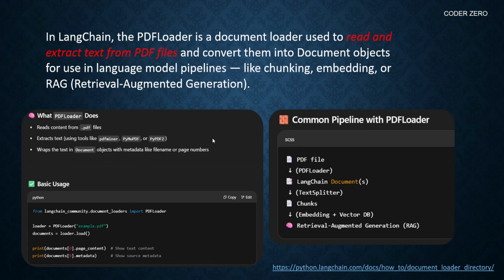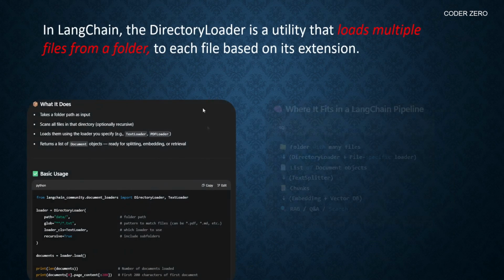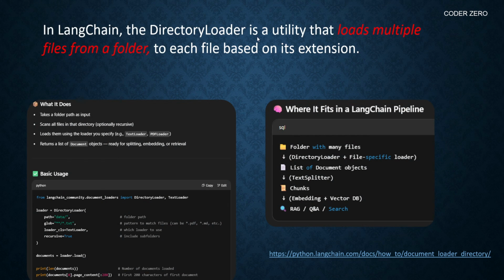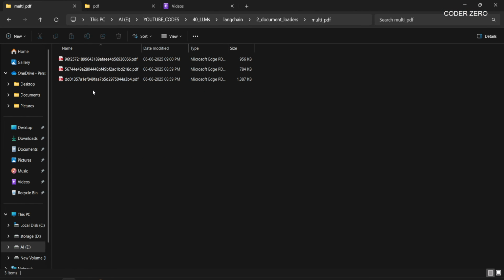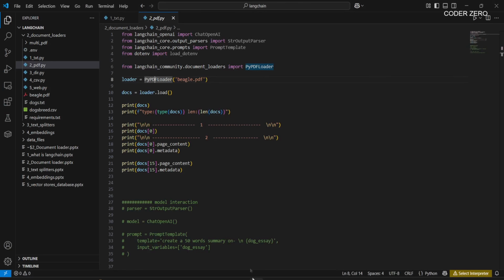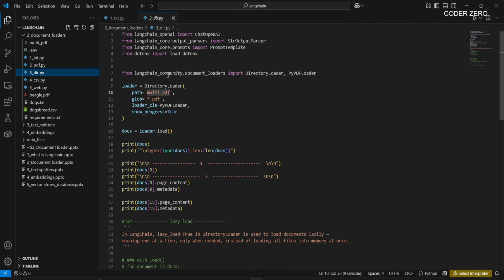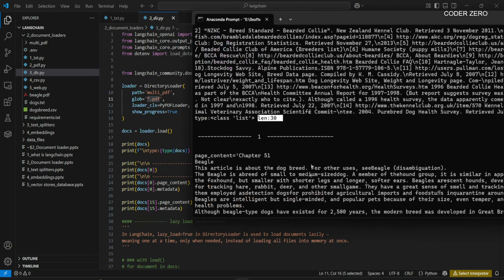Now the next document loader is DirectoryLoader. DirectoryLoader is a utility that loads multiple files from a folder. Here we have this folder which contains 3 PDF files, and we want to load all these PDF files. So here we have DirectoryLoader, you can see we are giving the folder name, the path to this folder, and then we are giving this extension .pdf. So when we run this,